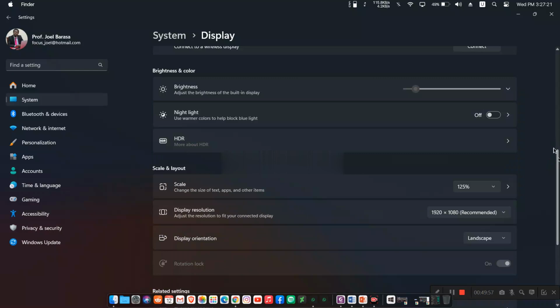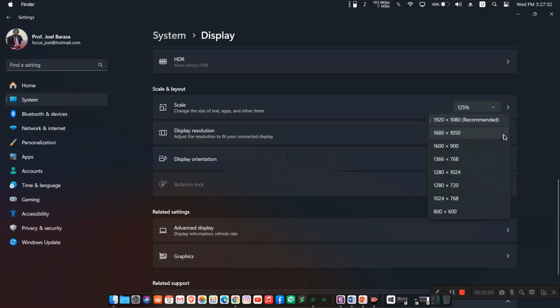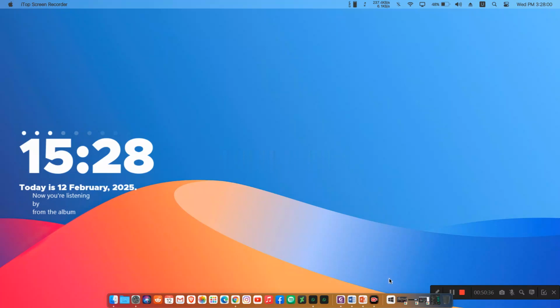So when you come here to display resolution, you can see how many resolutions can be supported by your device. So you have 1680 by 1050, 1600 by 900, 1280 by 720, and so on. All these are resolutions that are supported by your computer. So that is what you can set. And also you can set the scale and so on. So that is about the resolution point